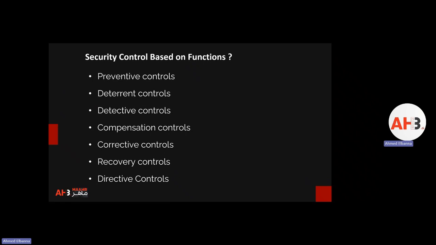Fifth one we have here is corrective controls. Corrective controls modify the environment to return the system to normal after an unwanted or unauthorized activity has occurred. For example, if I have an anti-malware solution that can remove or quarantine a virus, this is called corrective controls. It only removes and quarantines a virus. But I have another